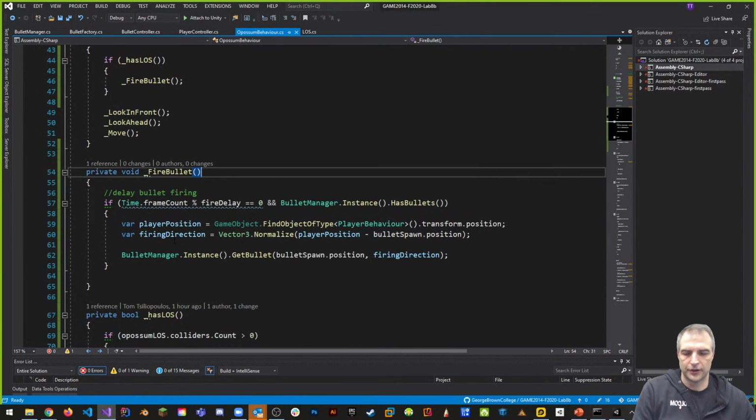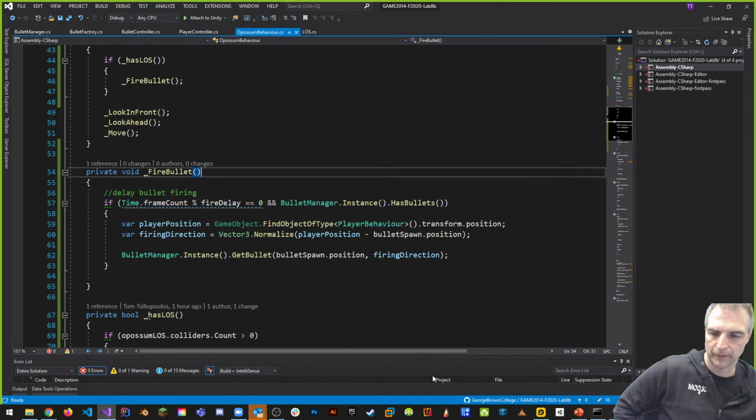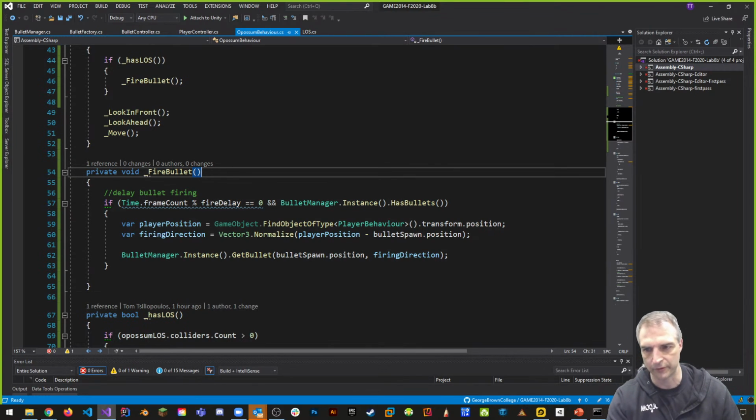Call it firing direction or whatever you want to call it. So bullet spawn position to firing direction. That's what we're going to give the bullet every single time. Does that make sense? Now, in terms of efficiency, every single time we fire the bullet, we're going to have